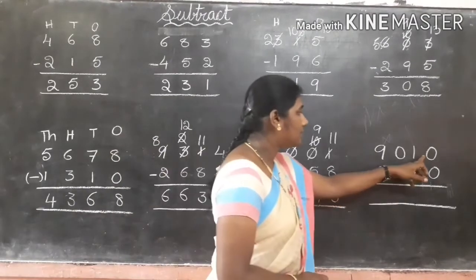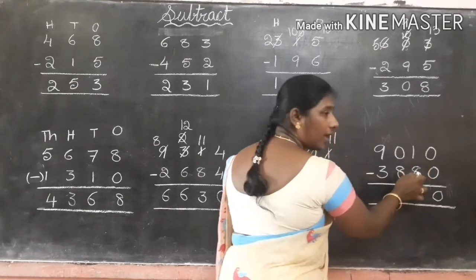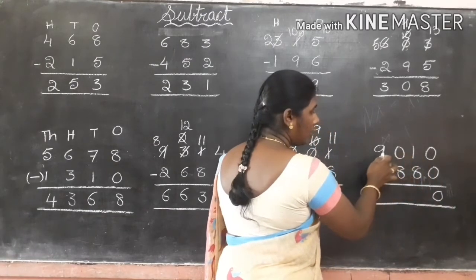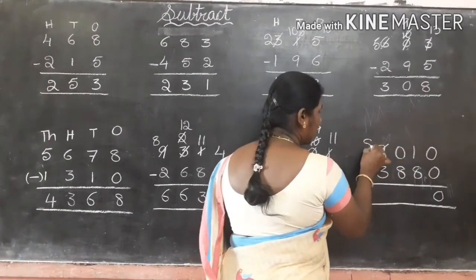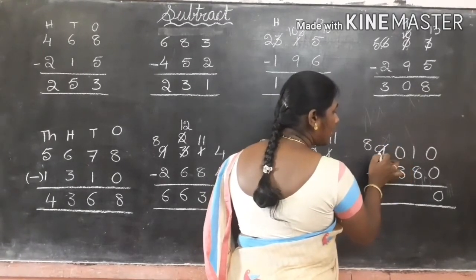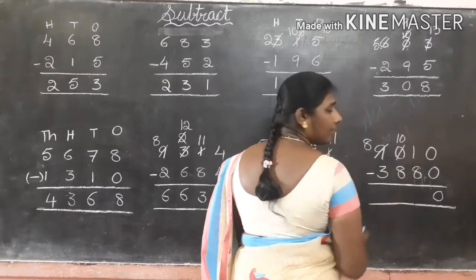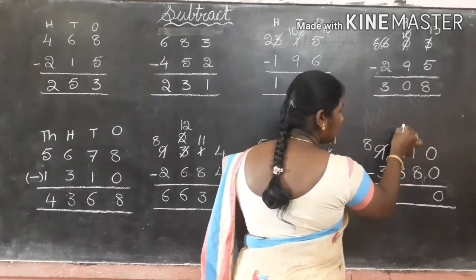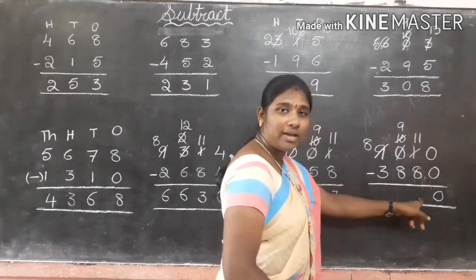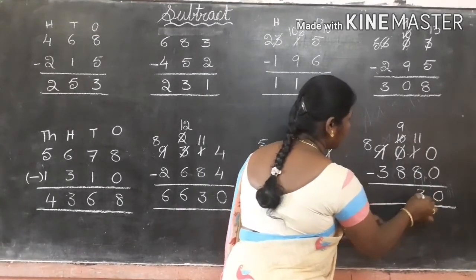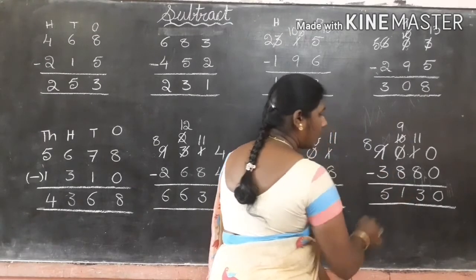Okay, next one. 0 minus 0, the number itself, 0. Same here, 1, 8. Here 0, here 9. So we have to take borrow from this number to this number. So here it is 8. When we are giving from hundreds to thousands to hundreds, 10 plus 0, 10. Again we are giving here to here, 9, here 10 plus 1, 11. Now 11 minus 8, 3. 9 minus 8, 1. 8 minus 3, 5.